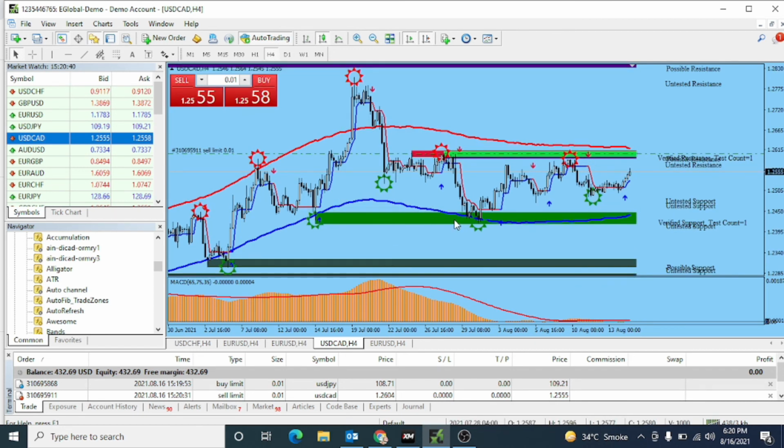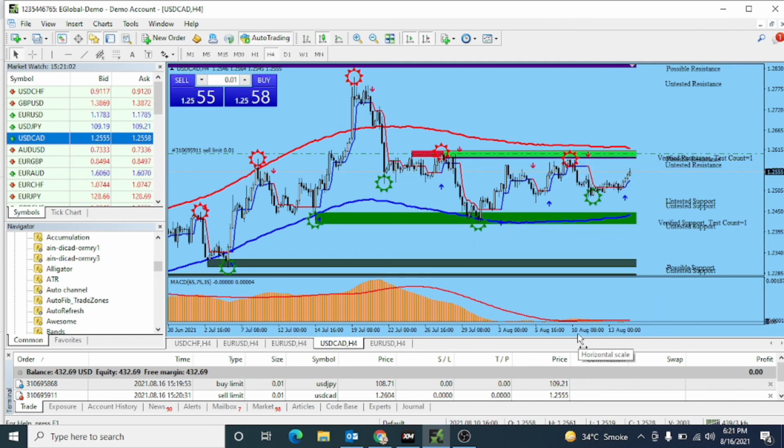You can trade. You can see in the previous history, this was the verified support level. The market went to this and touched this verified support level. Why verified support level? Because the market already touched these support levels, then again the market is there, it means 90% the market will respect the support level and the market will go up.